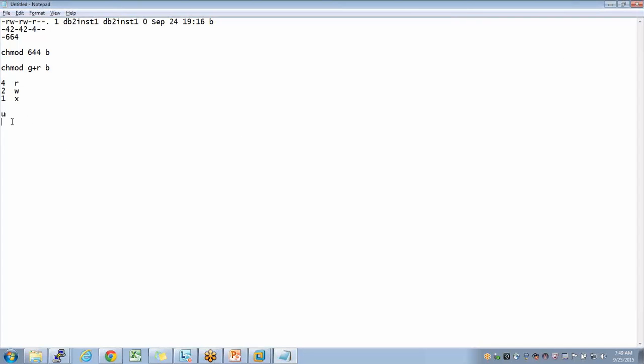u for user, g for group, and o for others. If you want to add something, plus r, or minus w, it's up to you how you want to do it. So the other way is